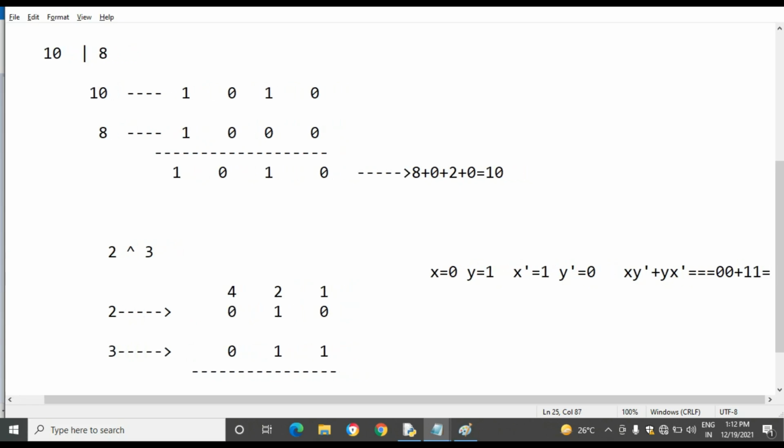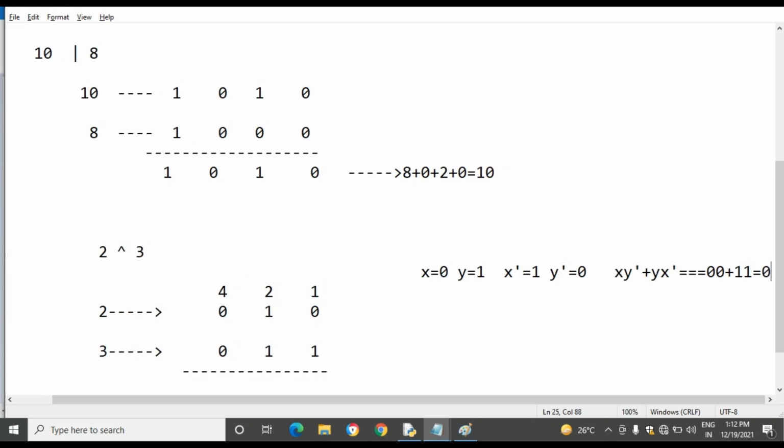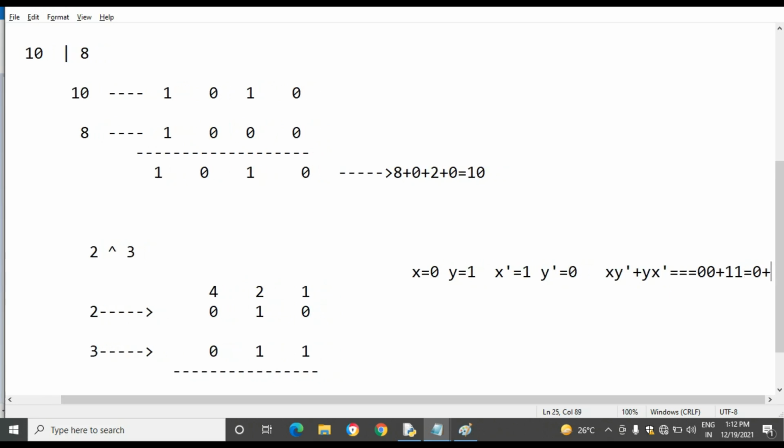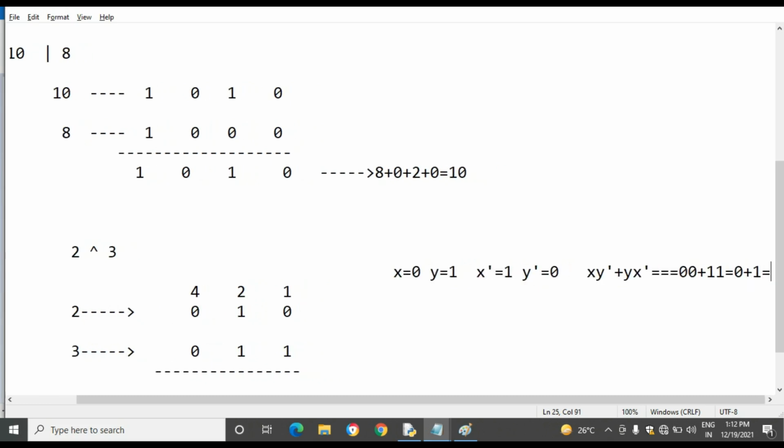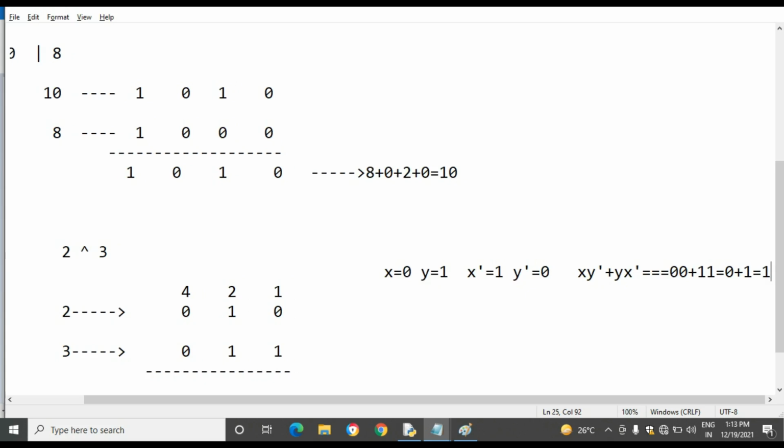So this is x and y. X is false and y is false, so both are false, plus x is true, y is true, that means true. Then plus means OR, x or y. Any one of the conditions should be true, so the result is true.